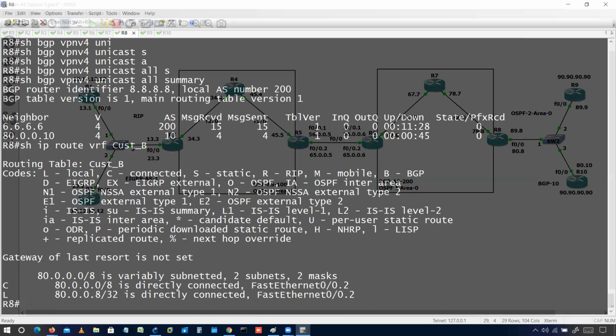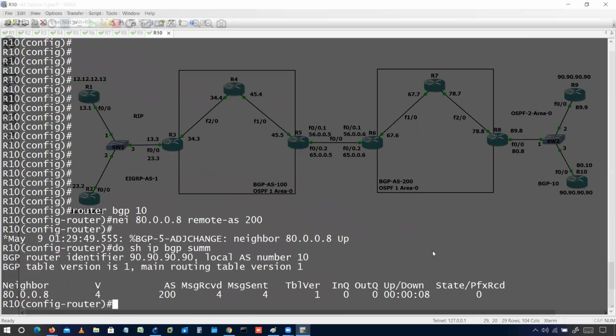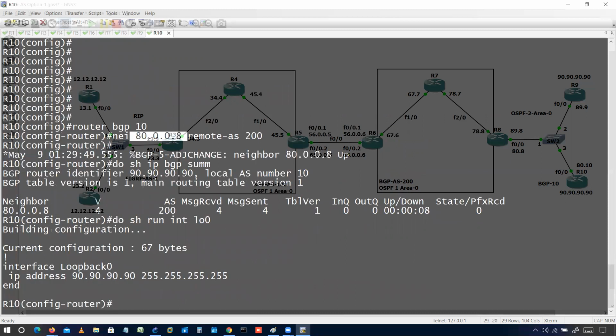But now we are using BGP on R10. So specifically, we have to advertise the loopback address in BGP, because using the neighbor command, it will just form a BGP neighborship, but using the network command, it will try to inject the route into BGP.